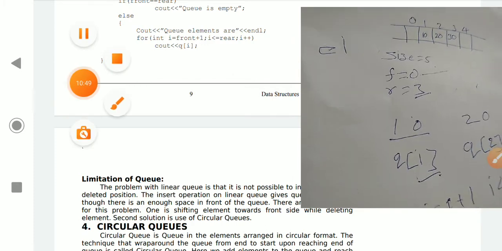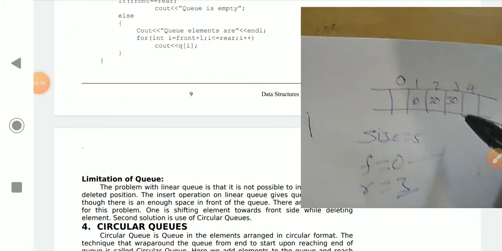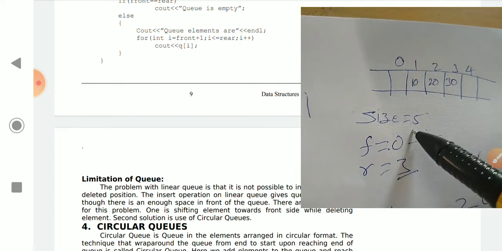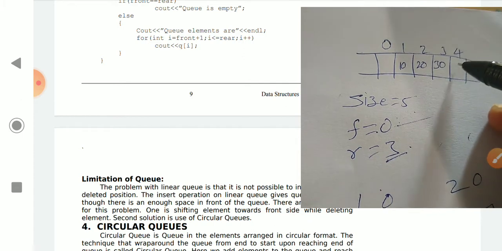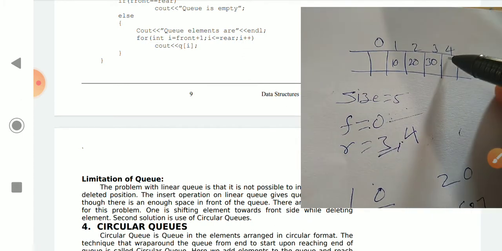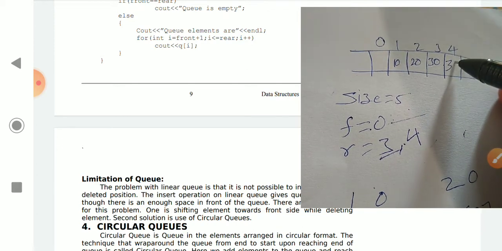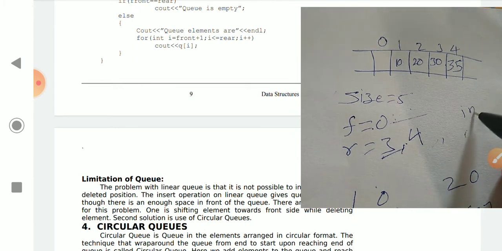See, for example, in this situation size is equal to 5, front is equal to 0, rear is equal to 3. I have inserted another element, say 35, so the rear value automatically becomes 4 and the value 35 is inserted at the 4th position. Again I want to perform the insert operation.